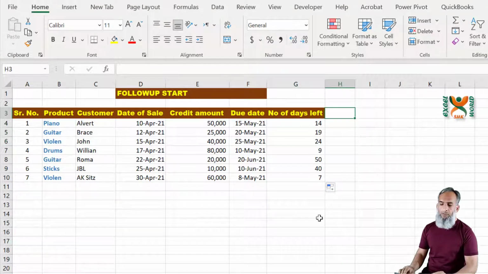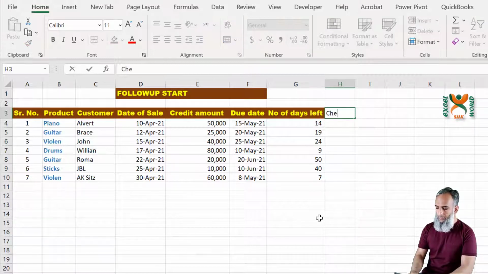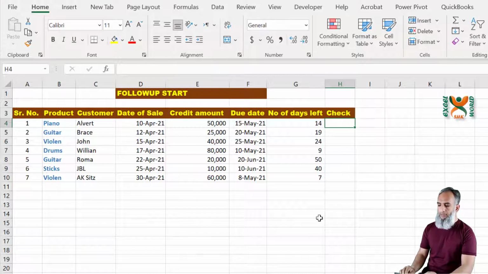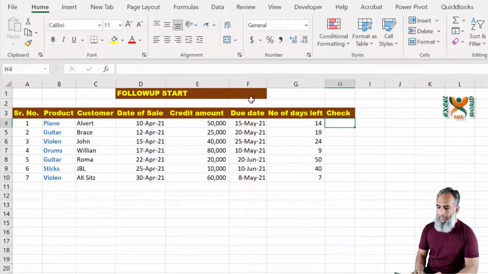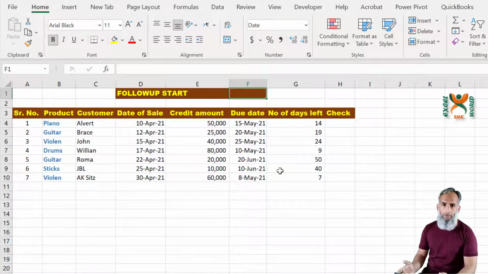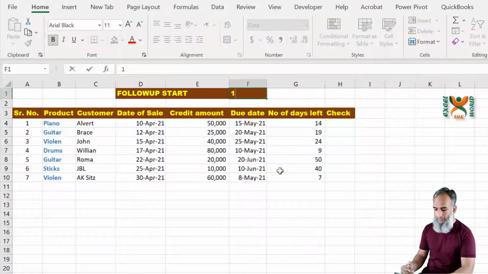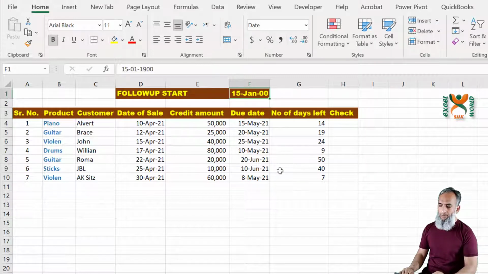And first we are going to apply the formula which we will be using for conditional formatting later on. So just a check column, we are creating a check column. Let's say our threshold number of days after which we start following up is around 15 days. I just need to change the format.